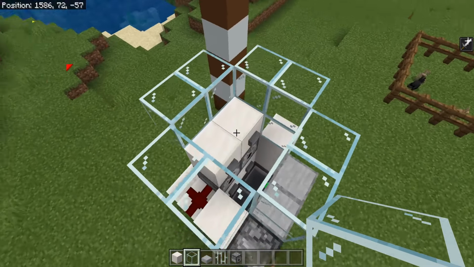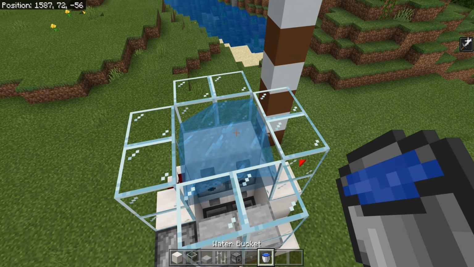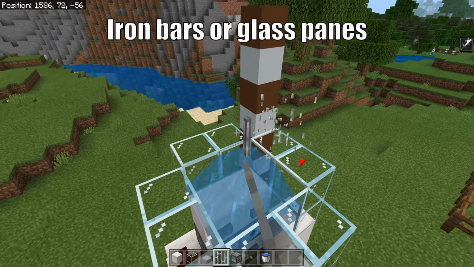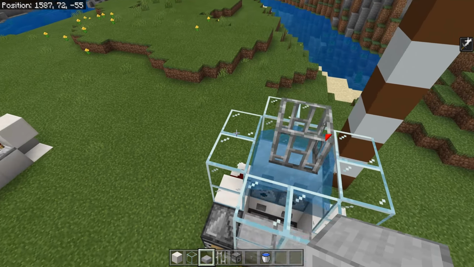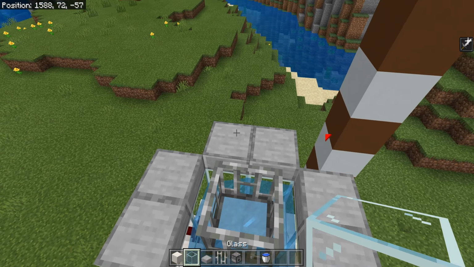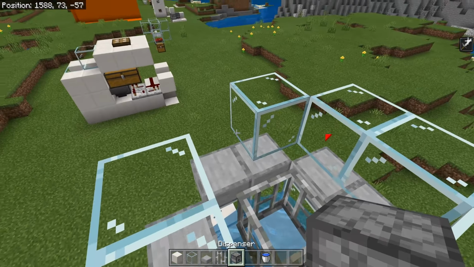So surround this area with glass like so, place in yourself a water bucket in that corner, just a single piece of water will do, and then get yourself 4 iron bars in all of these locations. Now go ahead and surround all of your iron bars with lower slabs on top of each one of these pieces of glass. Place glass above each one of those pieces of slab,